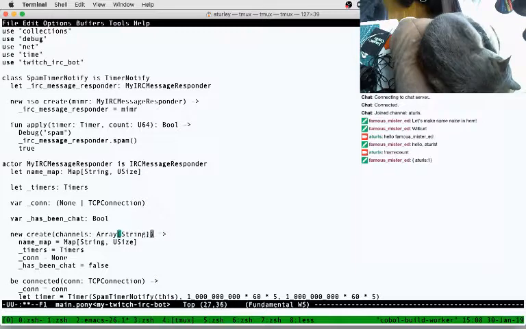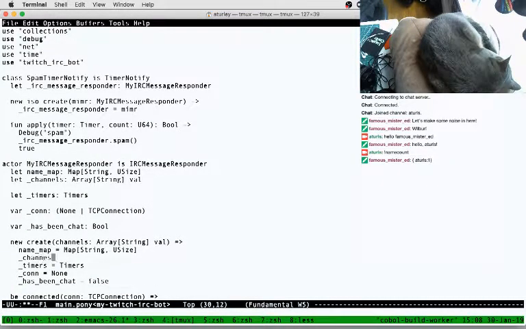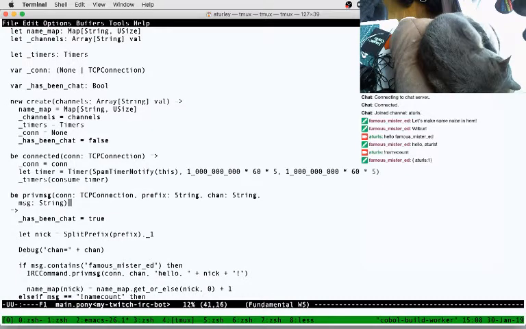So that's going to be an array of string val, and so we'll set the channels property of the IRC message responder to the channels that we get in, and then